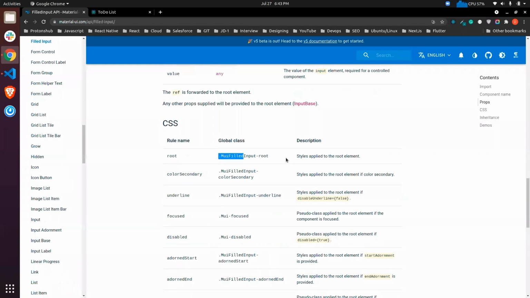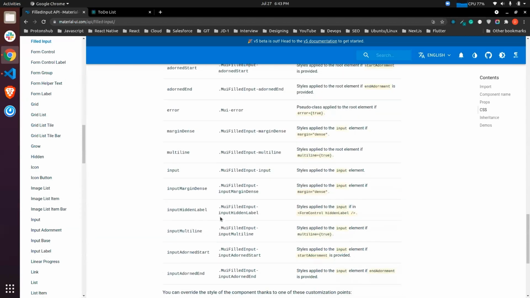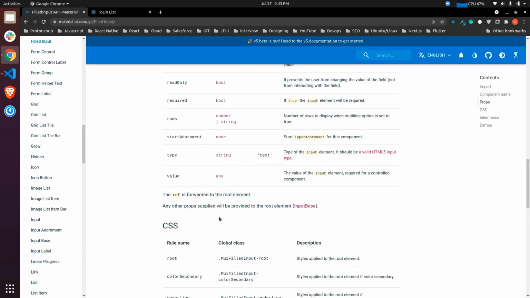These are the rules. Either you can apply CSS by overriding the class, but overriding a class globally can affect your whole project. So instead, they have given a rule name. You need to write the rule name and apply the style, and that style will get applied. Let's see how to apply that.